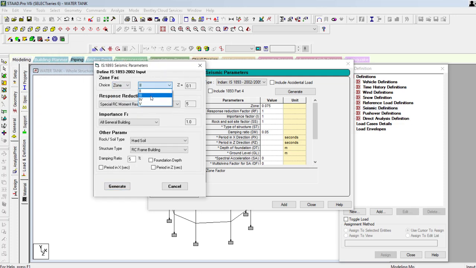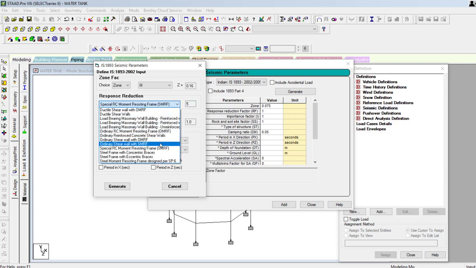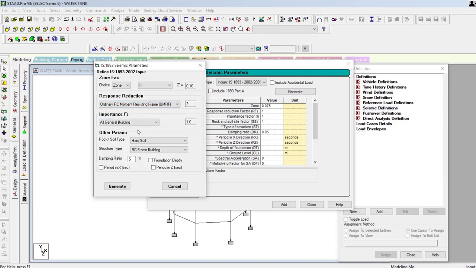Zone 3, the value is 0.16. Response reduction factor is 3. Put that value, or else just change it into ordinary. Ordinary RC moment resistance structure, that is OMRF.